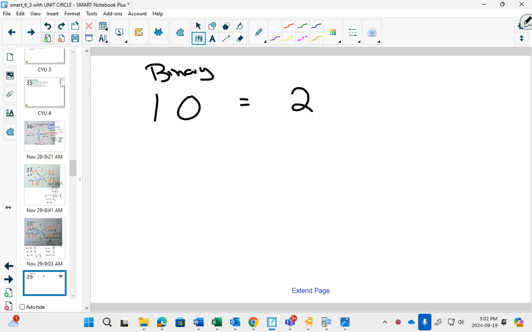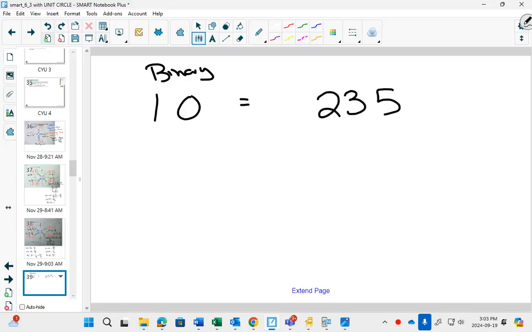Why wouldn't 1 be 2? 1, 1 is 3. Okay? So the way that binary works is similar to the way that regular numbers work. So let's start with regular numbers. Okay? When you have